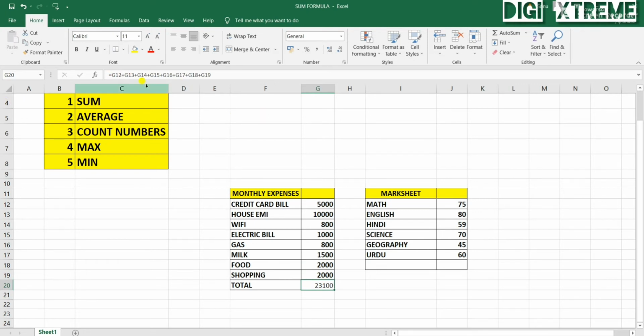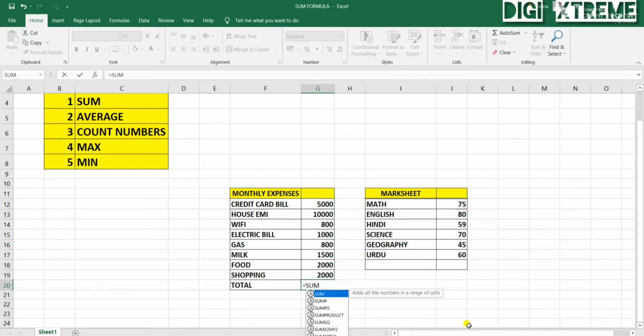This is one way of calculating the total. Now let's do the same thing with a formula. The other way is we'll press equal to again. We have a formula SUM.